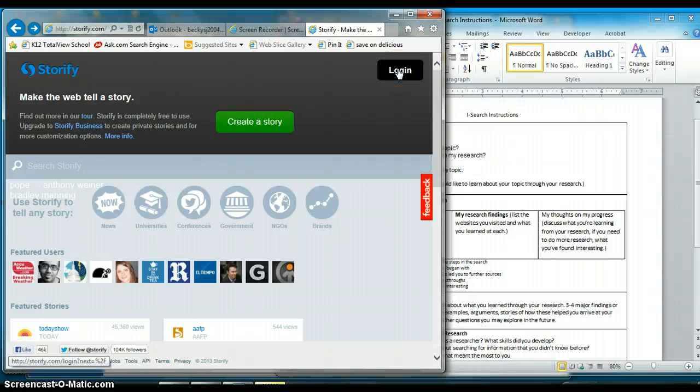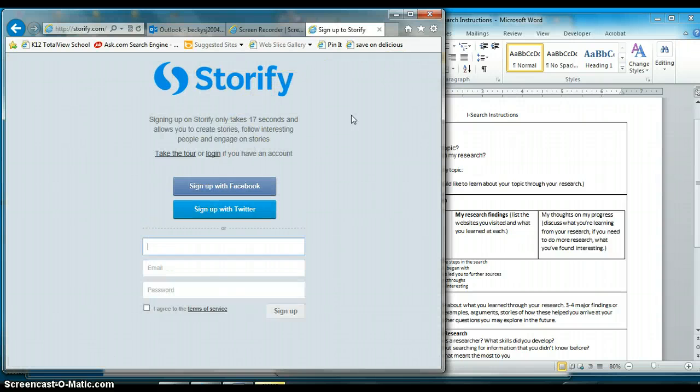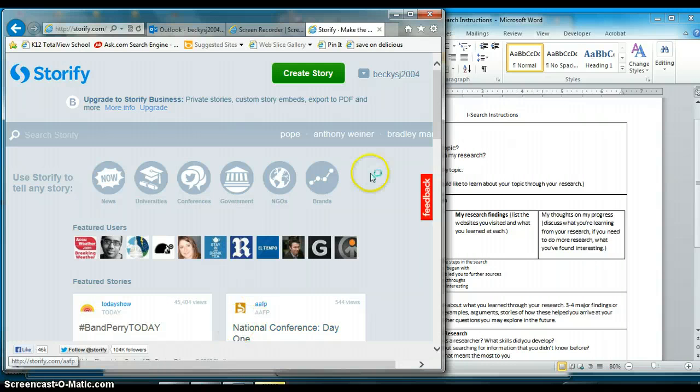So if you don't have an account, when you click login, you just click join now, and then you just put a username, email, and password, and then you sign up, so it's really easy. I'm going to go ahead and sign in so I can show you how to do that. Okay, so I logged in to my Storify,